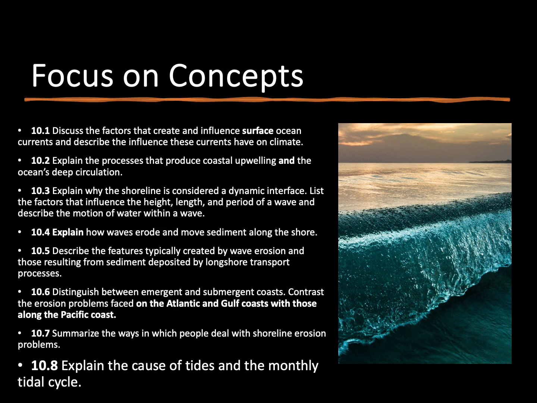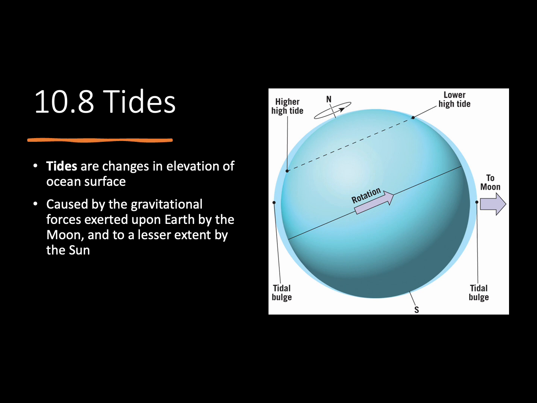In our last video for this chapter, we're going to talk about the tides, the high and low tides, and the different monthly tides that we might see, and how it's all connected to our moon and the sun. At different times of the day, we might experience different tides or different heights and elevations of our ocean's surface. But the reason why the water seems to change in elevation, getting higher and lower each day and every month,